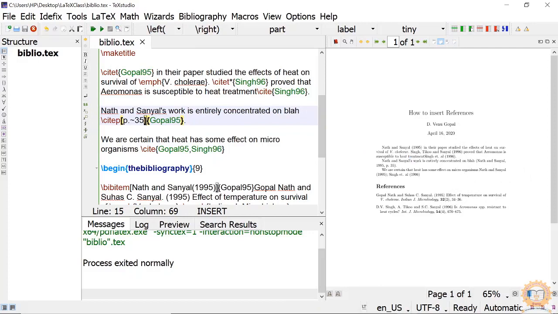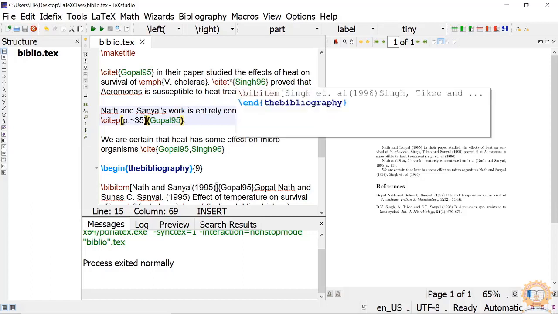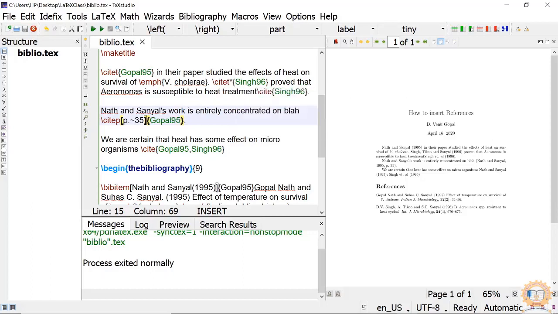So T means textual, P is for parenthesis. \citep means it will come in parenthesis. \citet means it is a textual one, no parenthesis. And if you use a star, the full name will come. Otherwise, only the first author et al. will come. In addition to this, other things are also there.